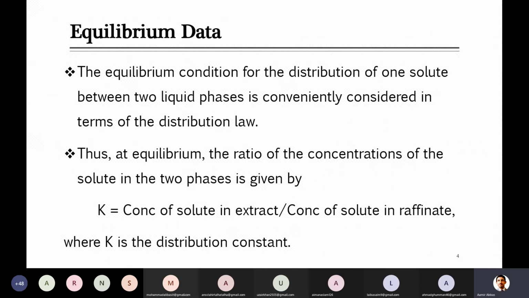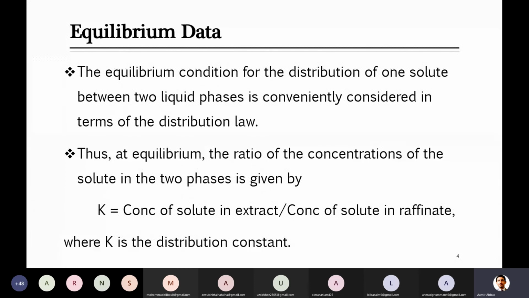You know that when you mix or bring the solvent and feed into contact, later on when they get settled, they get separated. Two streams we get: one is called raffinate and the other is called extract. The extract was the phase which was rich in the solvent, and the raffinate is the phase that is rich in the carrier or the feed system, because from that feed we have removed some of the component. They are transferred from the feed to the solvent, and that phase was named the extract. This is from the first lecture where we started, and the other was named the raffinate.